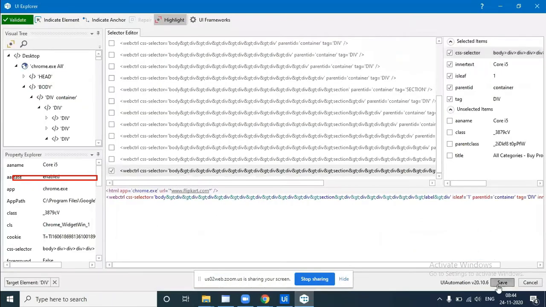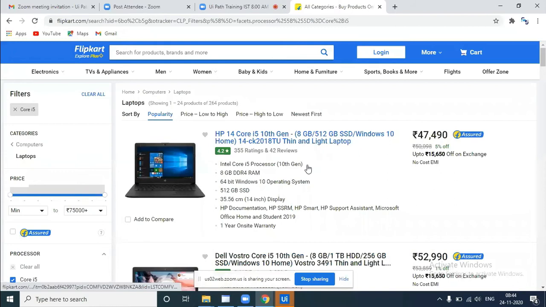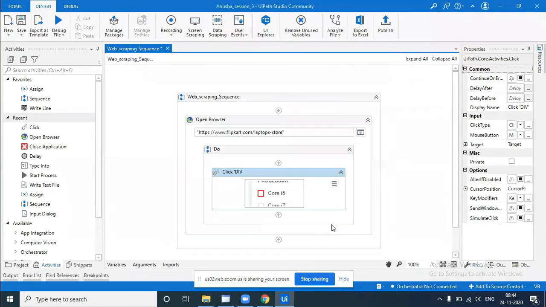Okay, so right now I'll save it and let's see. First of all, is it working properly? Then only we will move ahead.